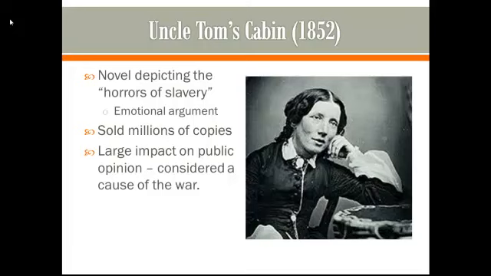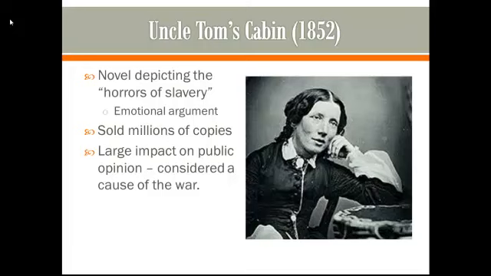And what Uncle Tom's Cabin does is kind of like Common Sense, kind of like some other things we've talked about. It starts to change public opinion and starts to get Northerners around to the idea that, one, slavery was evil, and two, that Northerners should resist slavery and even actively work to end it. The impact of this on public opinion in the North was so big that it is considered by almost every historian to be its own cause of the war.